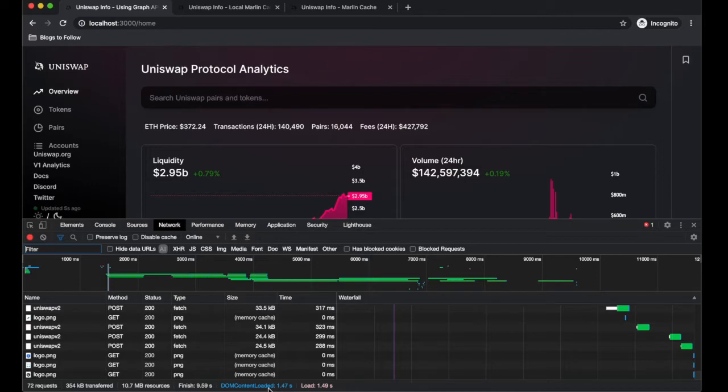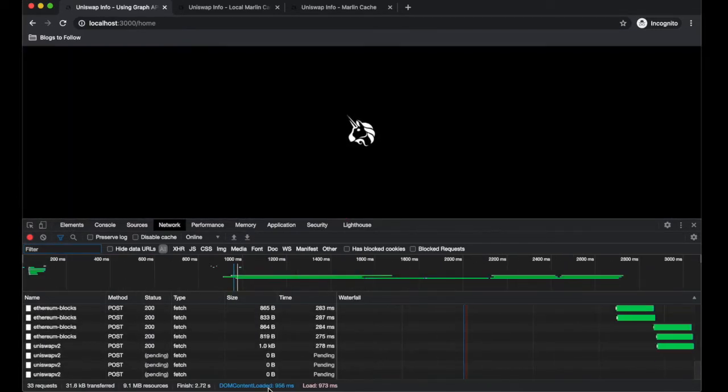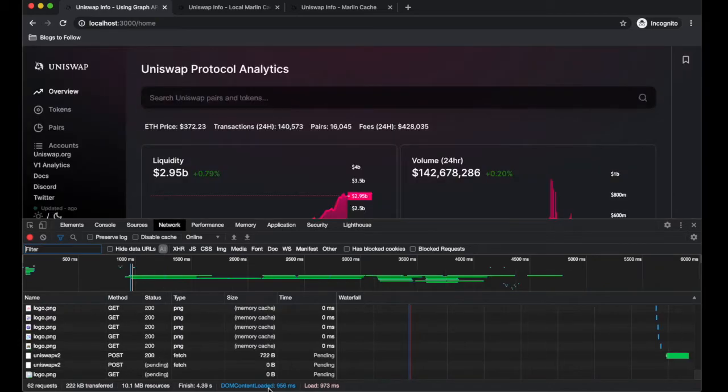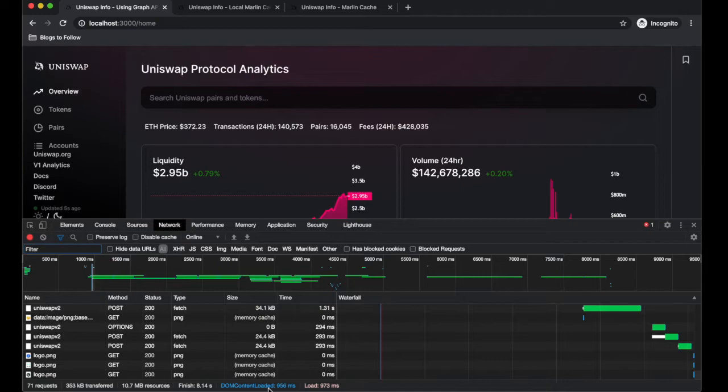Okay, so the second time it took around 8 seconds to load, and let's reload a couple of times again. Yeah. So as you can see, now it's around 7 seconds, 7.1. So let's stick with around 7 seconds, because it takes around 7 seconds to load the Uniswap website